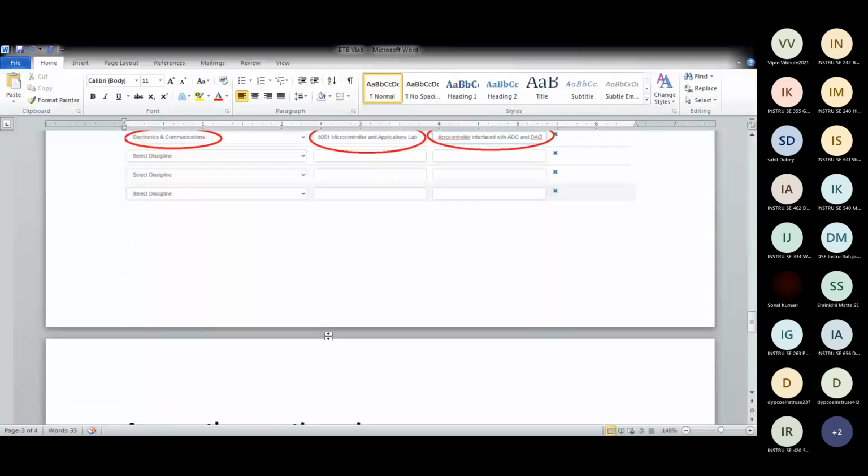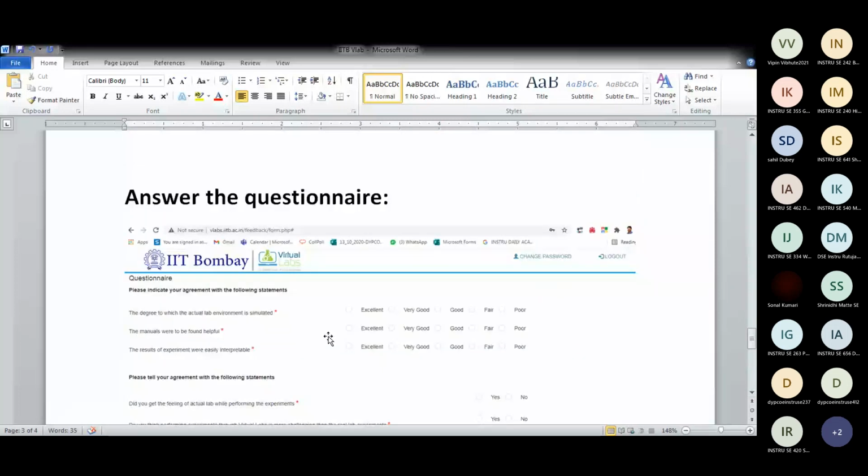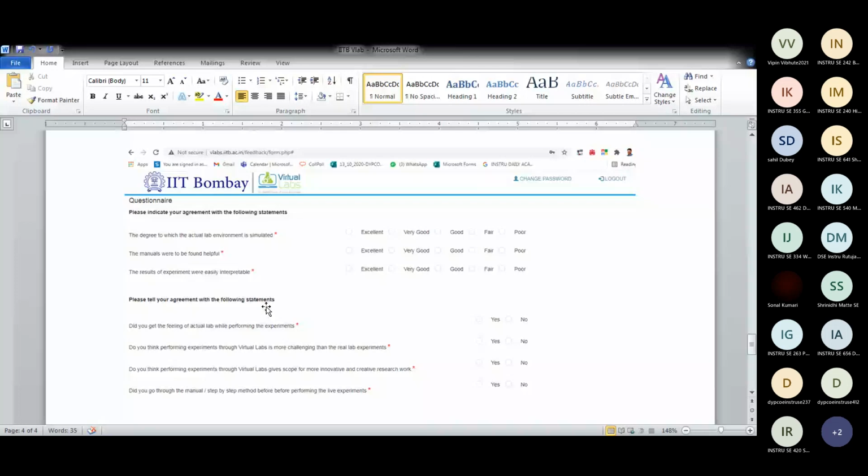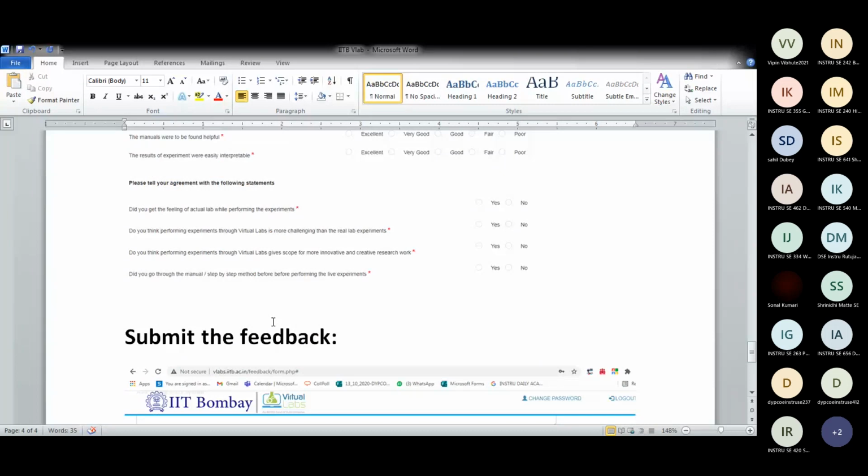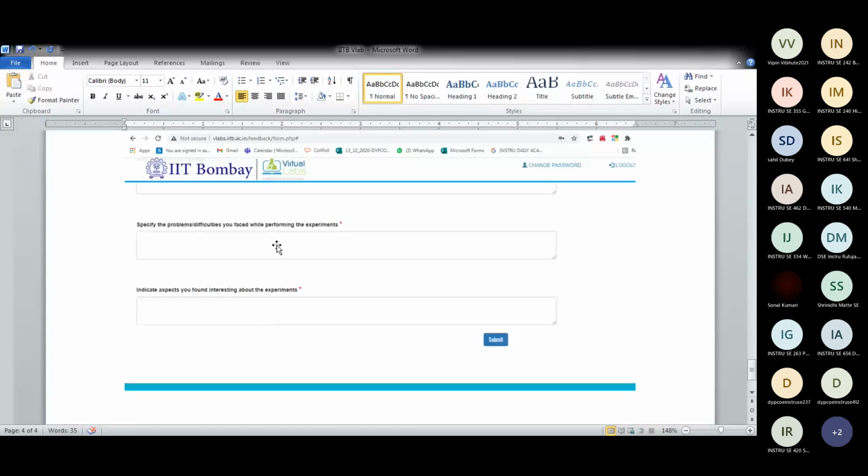Then there is a questionnaire. Select this questionnaire and give your feedback through it. They'll ask how the lab was, how the experiment was. They'll also ask for your feedback: did you face any difficulty, do you want any improvement? Then you submit this feedback.